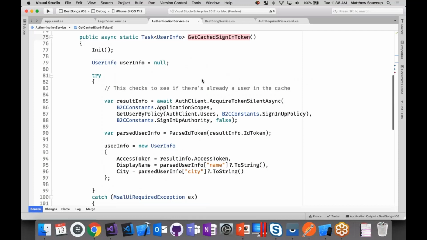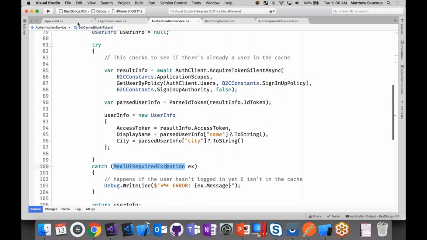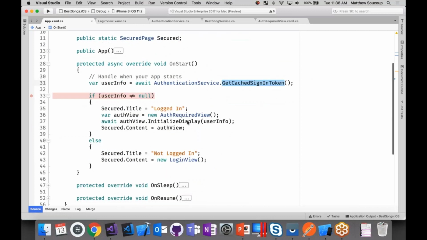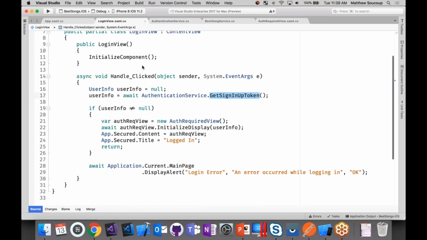So this gets cached sign-in token. If it's not in there, it throws an exception. So during my startup, I go and see, hey, if it has it, if it does, great. Show my auth required view, the view that has the authorization only info in it. If it doesn't, show the login view. The login view has a button click that says login. It calls this get sign in up token, essentially log in,